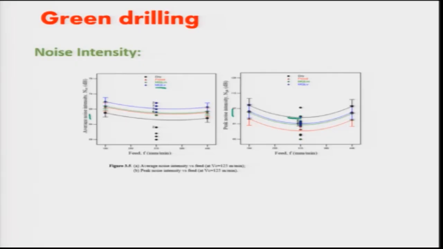In the peak noise intensity in dry, because the machining is completely dry, there is no lubrication, so the noise that we just heard in the machining that we saw, the peak noise, is high. So in case of dry, the peak noise is higher, and in case of MQL, the average noise is higher. This gives us the feel of the data here.